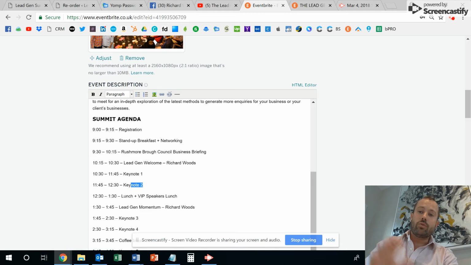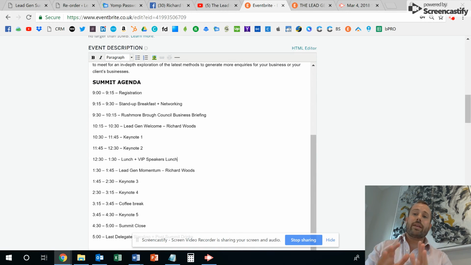Then we got a lunch. We've got a normal lunch or a VIP lunch, and the VIPs are going to have a separate room, food, catering, speakers in that room, and lunch with the speakers. So that'd be a really nice event to go to if you fancy a bit of VIP action. If not, just a normal lunch and an hour's break to catch up on some emails and stuff there. Then I'm going to pop on and do a bit about lead generation momentum and getting the pace behind lead generation. Then we have another keynote and a second keynote after the break.